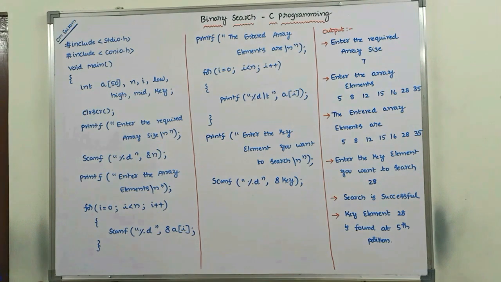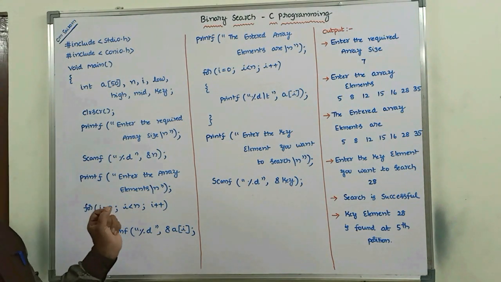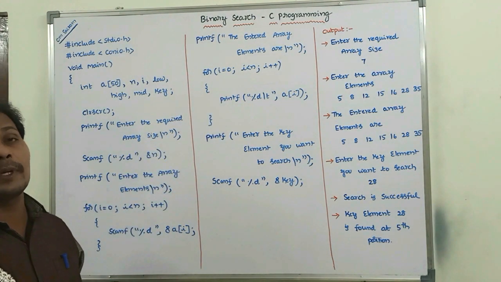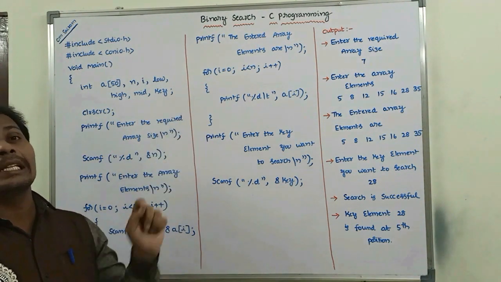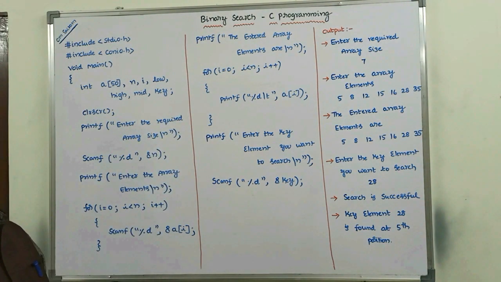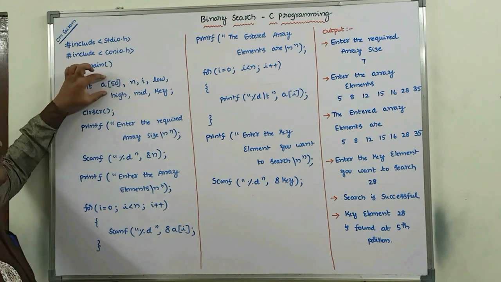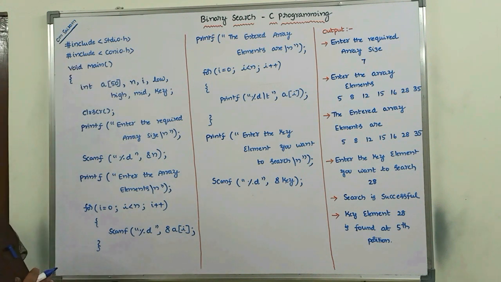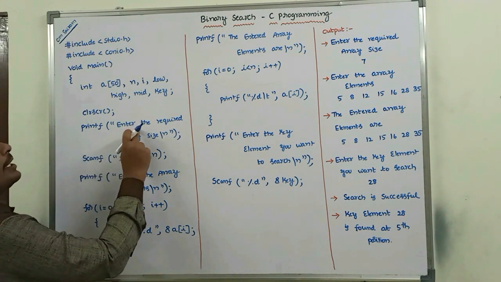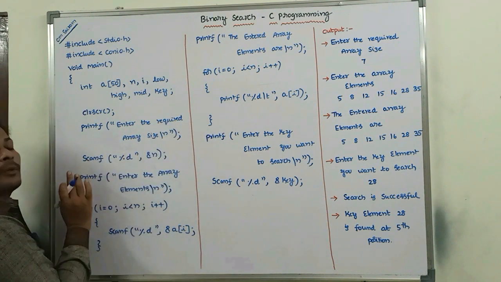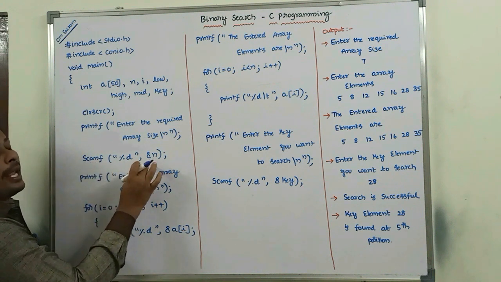Okay, now how we are reading the elements from the keyboard and how we are printing the elements that we read from the keyboard. First we have to check. Here the available array size is 50. From the available array size I am reading only the required array size from the keyboard. So printf("Enter the required array size\n"); scanf("%d", &n);